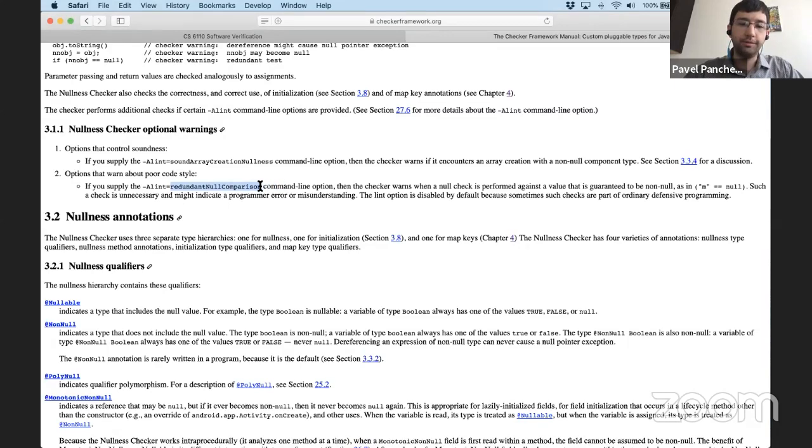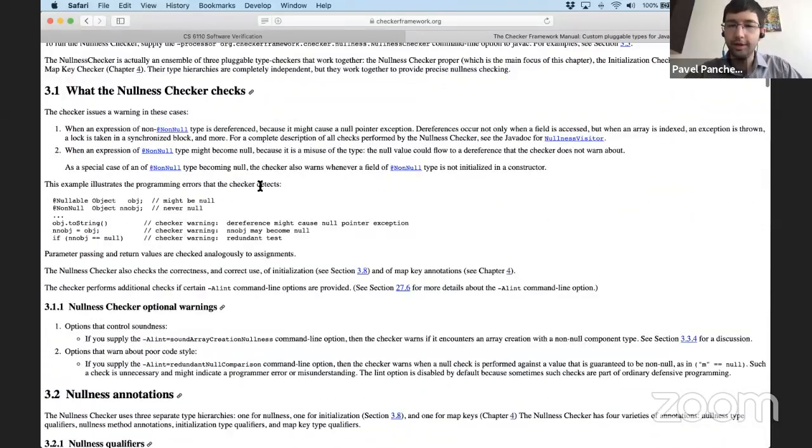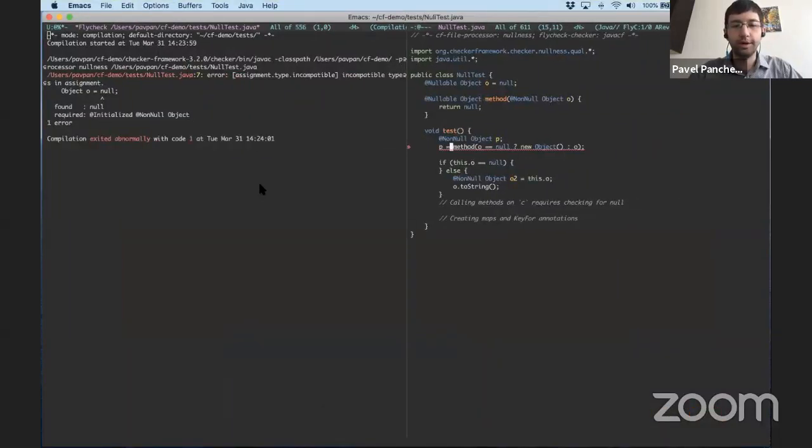There are checks that if something is known to be not null, checking whether it's equal to null is useless, so it'll complain about that. And there's also the possibility of turning off various checks. I don't see that in the manual right in front of me, but there are command line options to turn off checks. And some of the checks, even though they would be sound, are off by default because they generally give unhelpful error messages. So that's a cool example of what it takes to actually make an analysis like this practically useful. Sometimes it involves some compromises on soundness, but on the other hand, the underlying analysis implemented here at least could be made sound, and attempts to take into account apparently even things like concurrency.